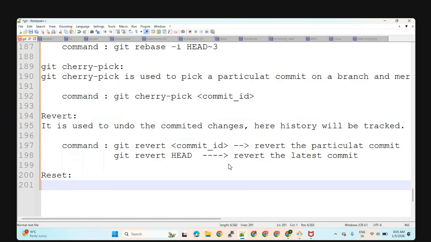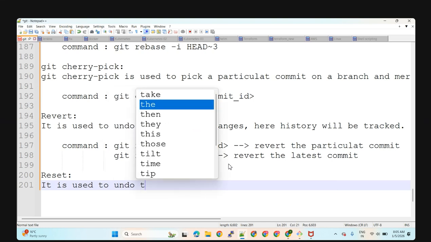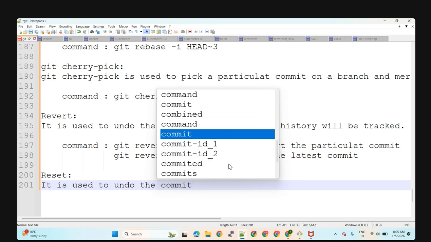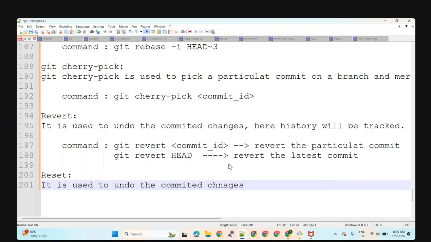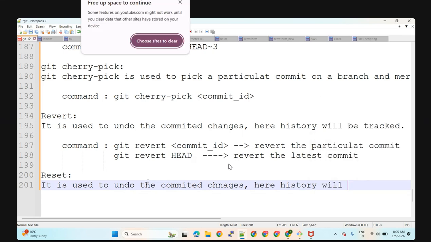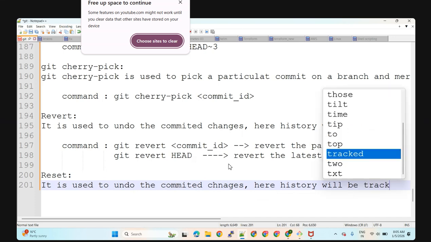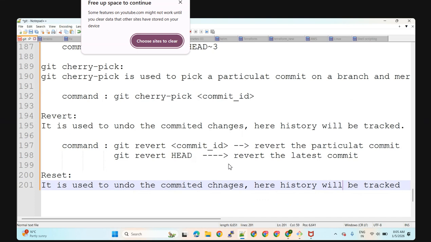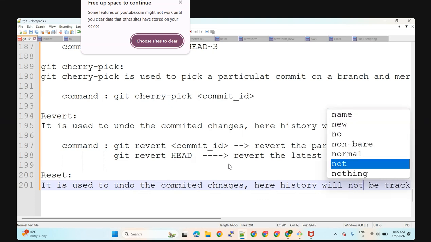Reset is also used to undo the committed changes, but here history will not be tracked. That is a major difference between